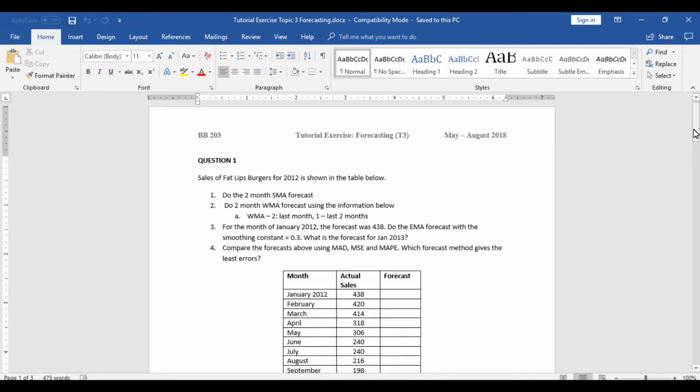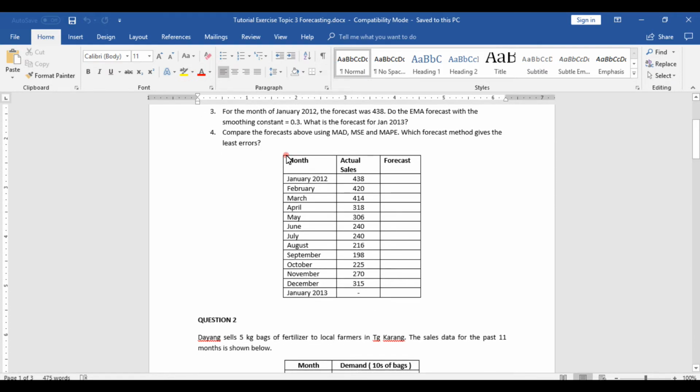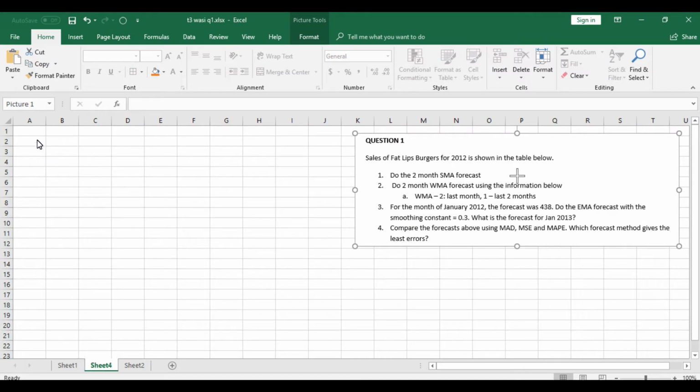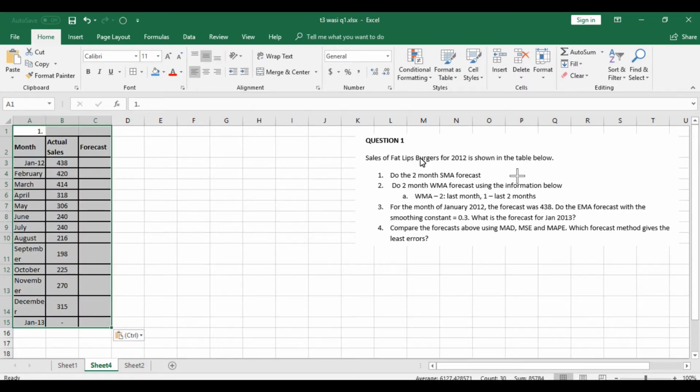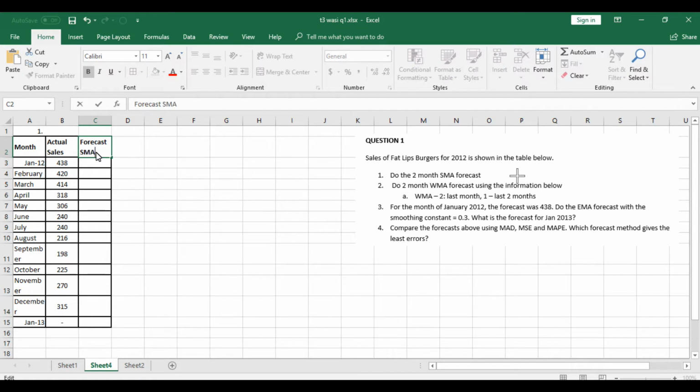So first of all, straight away I will go to Excel by copying this part to Excel, just to save some time. And the question I already cut and pasted here. So I will start with Bismillahirrahmanirrahim. The question is saying to do the 2 month simple moving average forecast. And as the question already states 2 month forecast,